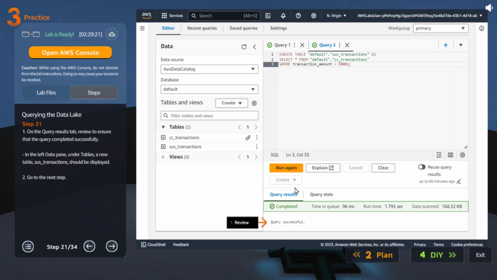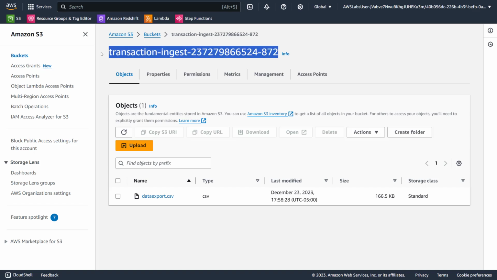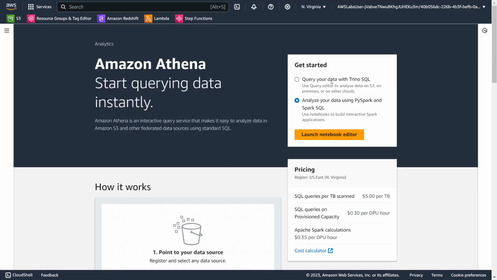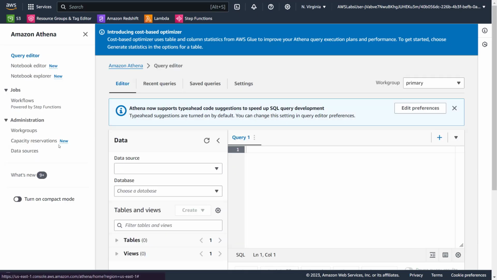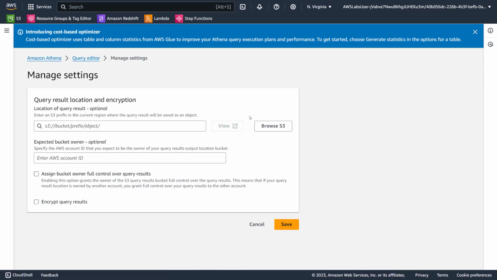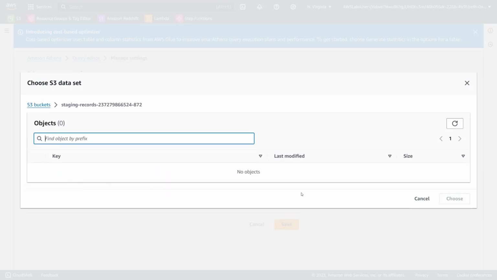So let's go ahead and do it before I forget the steps. Okay, we have the bucket. So let me copy the bucket name before I forget about this, and let me paste it in my notepad. Okay, that's done. Now let me go to Athena, and they asked us to use TrinoSQL editor. Once we are in the editor, what did they tell us? Go to edit settings so that we can choose the query location, results location. So when you run Athena, you will get results. Where do you want to store it? So under staging.